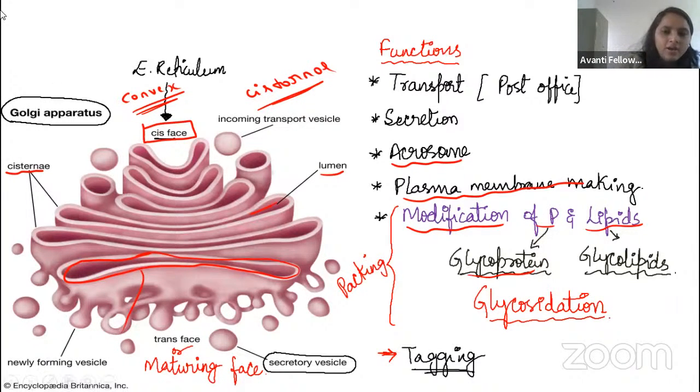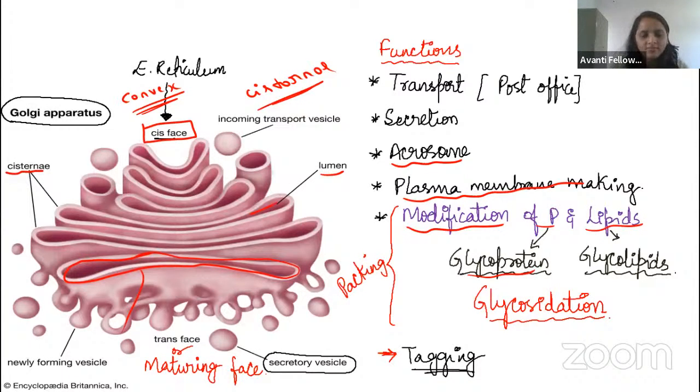Do you have any confusion in the Golgi apparatus, guys? Here mainly you have to focus on the cis face, that is the receiving face, and the trans face, that is the maturing face. It is made up of cisternae. Some of you confuse cristae and cisternae. Cristae you will see in the mitochondria; cisternae you can see in the Golgi apparatus. We call it Golgi because that is a scientist's name, guys.